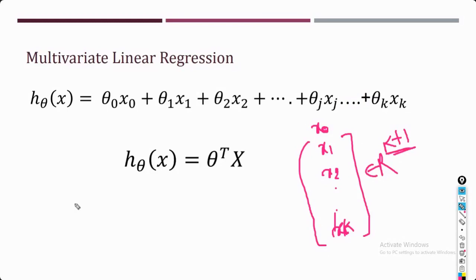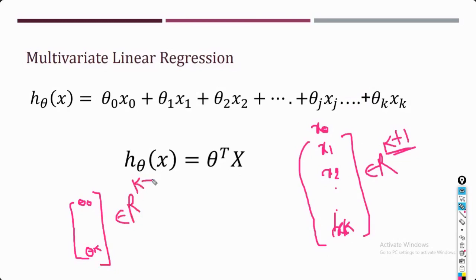Now theta is going to be theta naught till theta k. So in this case also the dimension is going to be k plus 1 only.